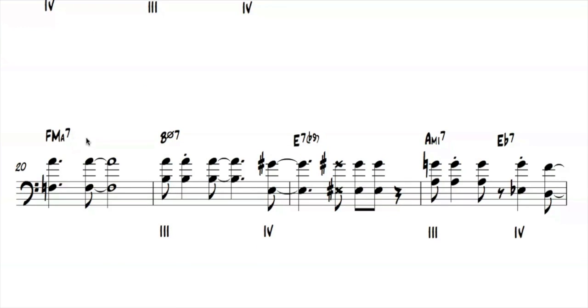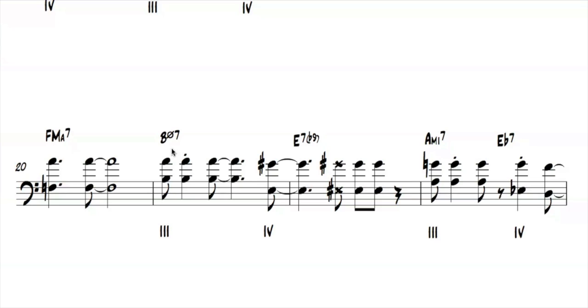Now we switch to the B half diminished as a type 3. Remember, that had been a type 4 earlier. But because of where we ended up in this high end of the range, we ended up on a higher version of all of these voicings. And really, the only limit to the high end of the range of your double stop voicings is what you